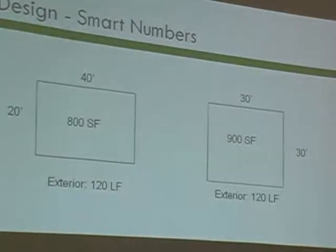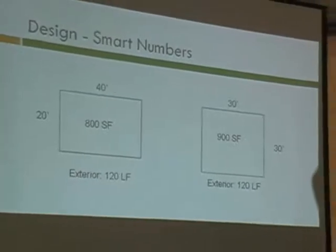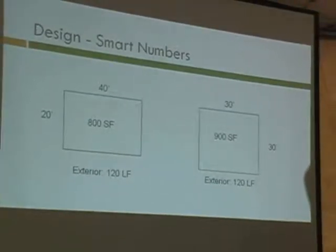This is something that my grandfather taught me years ago. Let's just get back to the smart number deal. He said, take a look at this. A 20 by 40 building, how many lineal feet do you have? Well, I got